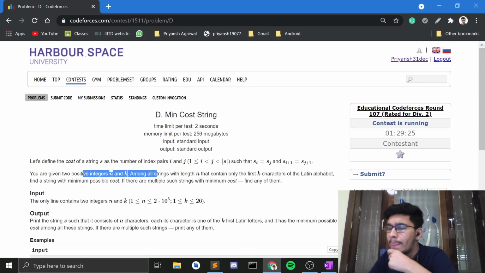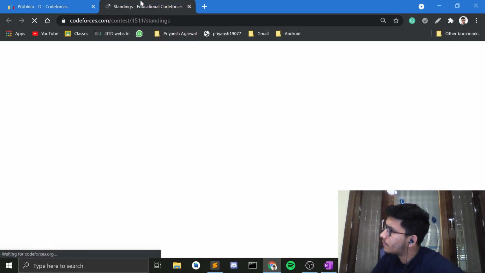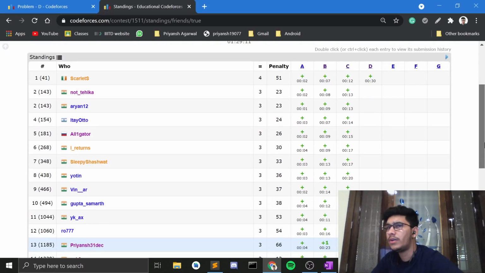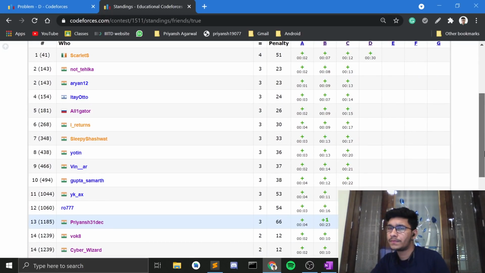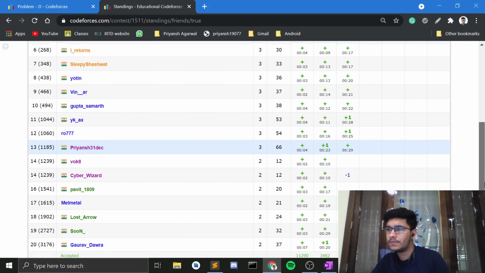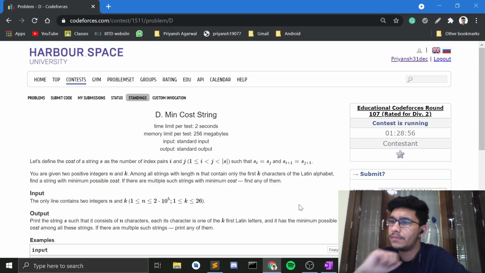N and k, among all strings with length n that contain only the first k characters. So it is about arranging those k characters. It is always beneficial to include as many characters as you can. Okay. Given two positive integers and